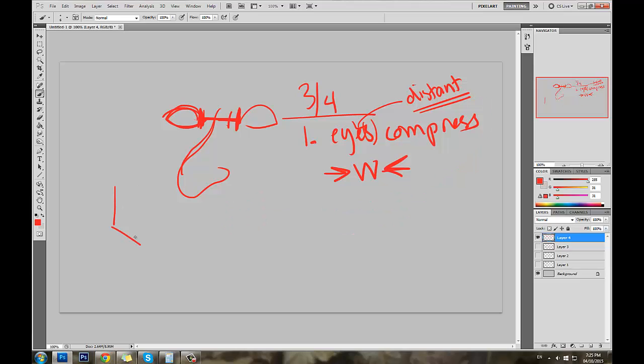What happens to the cube is that when we rotate a cube and make it three-quarter view, one corner is more distant than the other corner. Which corner here is closest to us? This one. If you were to choose a road and travel on that road, we would get to this corner quicker than this corner. This is closest to us. This is compressed. Width compression. The nose is not in a perfect center between both eyes.